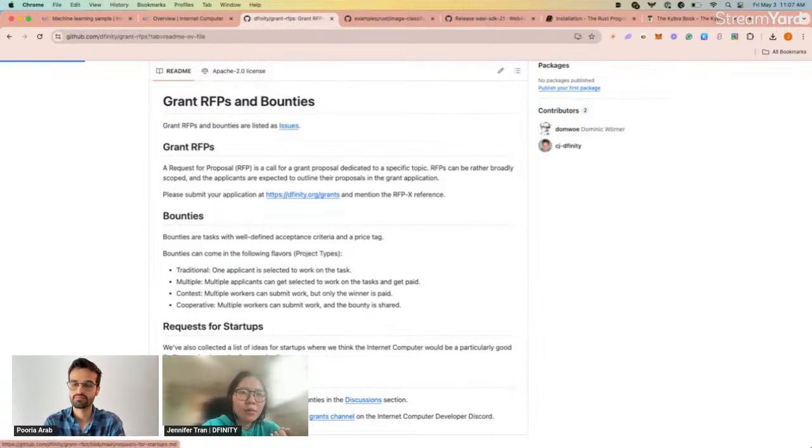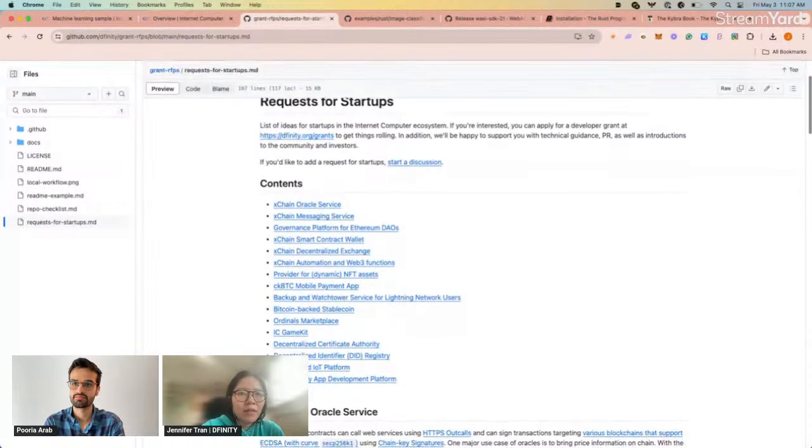The requests for startups are the list of startups we are looking for the most. And we do have a grants program. So after you build your hackathon project, if you want to apply to our grants program with any of these ideas in mind, we definitely encourage you to.